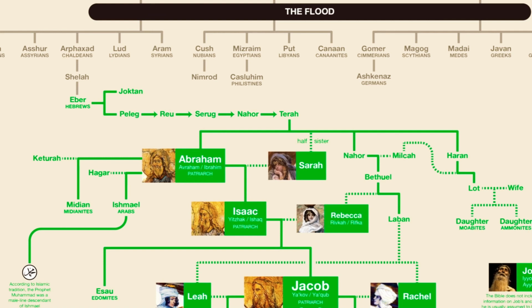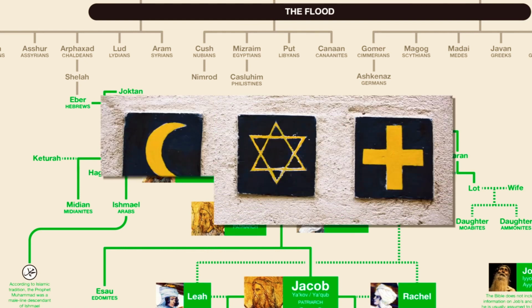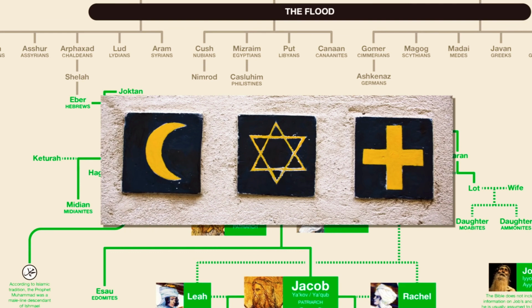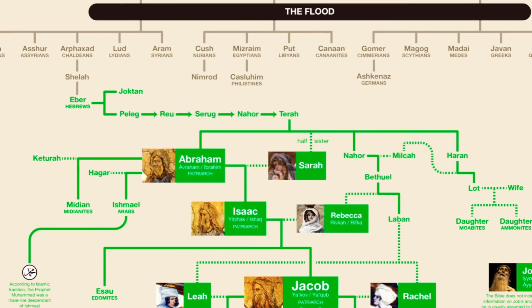Everything in the Bible that comes before Abraham, like the Adam and Eve story and the flood story, is really just a prologue. Abraham is said to be the father of 3 major world religions: Judaism, Christianity, and Islam. And it is because of this that these religions are often called the Abrahamic religions. So let's look at his family tree. Abraham was married to his half-sister Sarah. But Sarah had difficulty having children, so Abraham married her handmaid Hagar as well, who was Egyptian, and had a son by her named Ishmael.